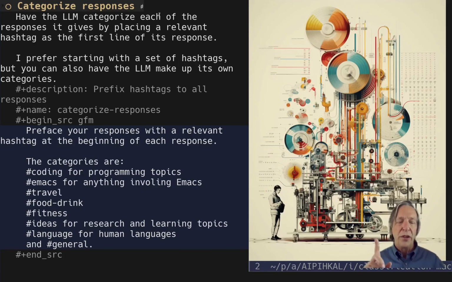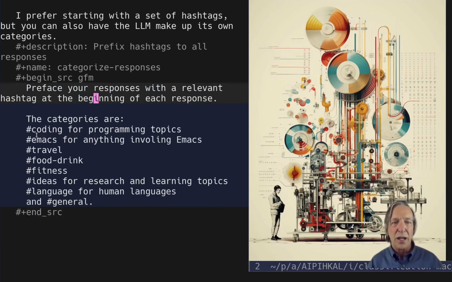Categorize responses is so simple, but you could almost use this as a default prompt in front of any system prompt, which is: tell the LLM to preface your responses with a relevant hashtag. And you can either let it make up hashtags or you can give it a set of hashtags. That way, the LLM will pre-categorize its responses, and if your token context size is limited with a given